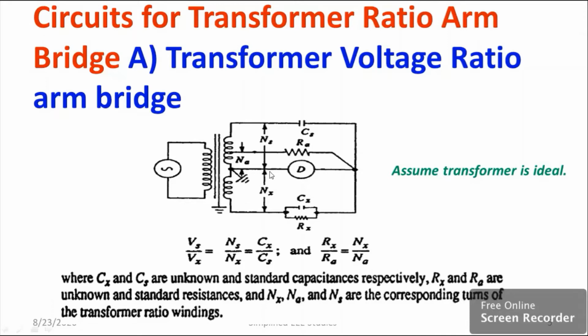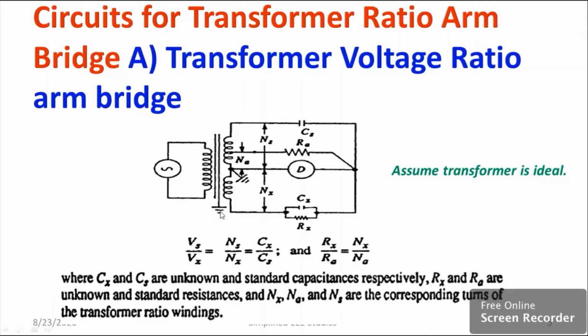Now, how to measure dielectric loss by using this setup? We have to use a 3-winding transformer. Theoretically speaking, it should be ideal. Practically, it is never ideal, but theoretically it will be ideal. First and foremost, you need to balance the entire circuit. Whenever the circuit is balanced, the detector value is equal to 0. That means the detector shows null deflection or zero deflection. At that time, the bridge is balanced. You can take the ratio as follows.